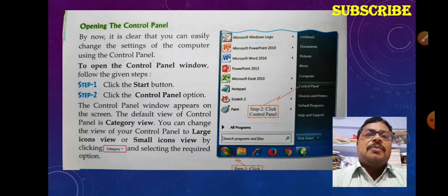If you need hardware, go to the hardware section. If you need to add or remove programs, or settings for the mouse, keyboard, or scanner, different categories are given here. It is useful for this kind of work. If you need a particular or specific type of work, you go to that section and it is easy to use.